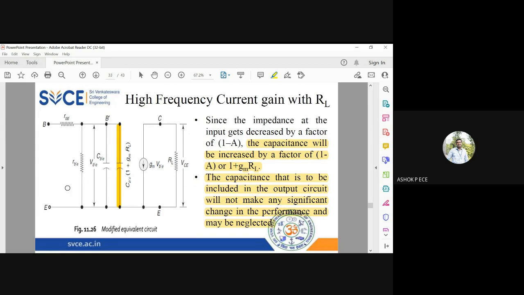Clear? This capacitance CB'C was present between the input and output, correct? So it was acting like a feedback capacitance, and that was making the analysis difficult. But now, using Miller's theorem, I have decomposed the capacitance into one at the input and one at the output. So this is going to make my analysis very, very